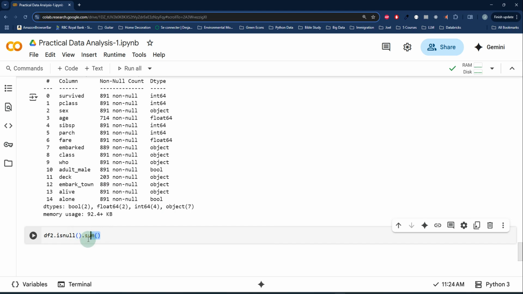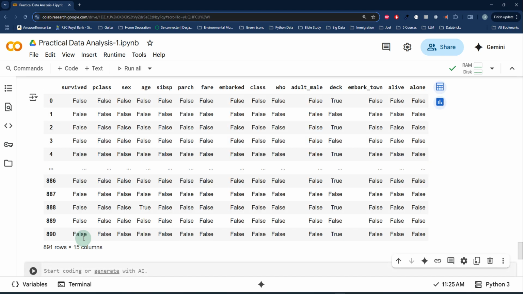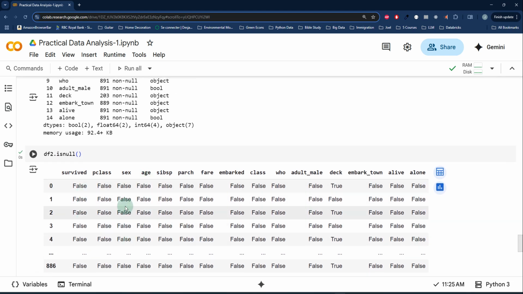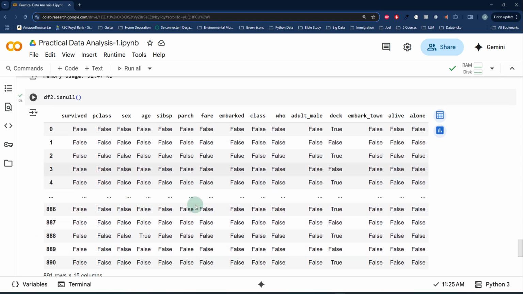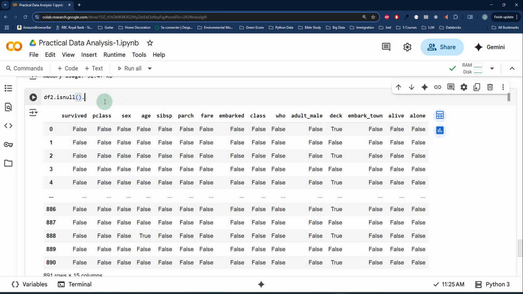Basically, you can even just get rid of the sum, run it, and see how it goes. Shift Enter. Now this is not much information. False means there's no missing value, and true means it's missing. So when you put sum,